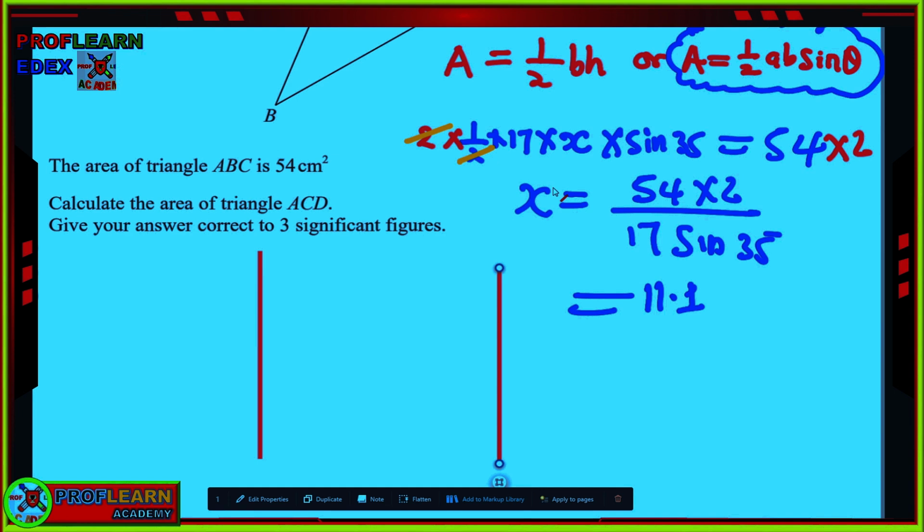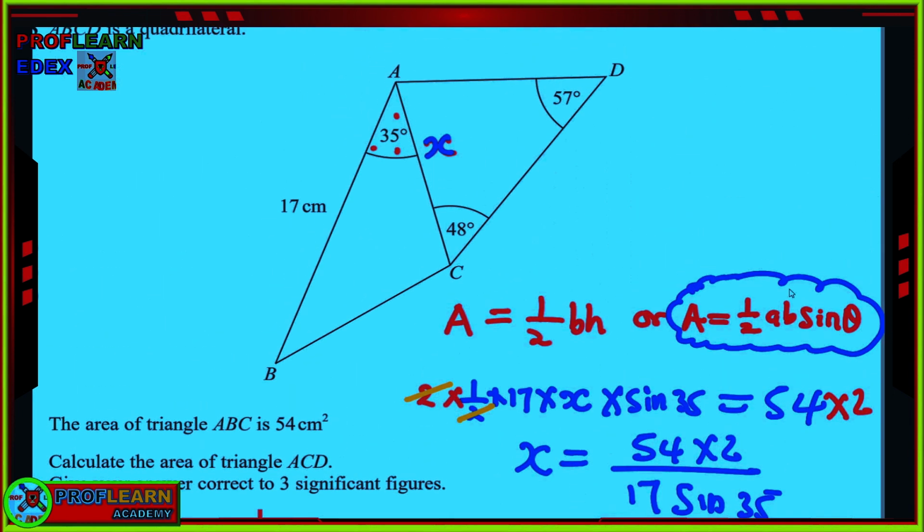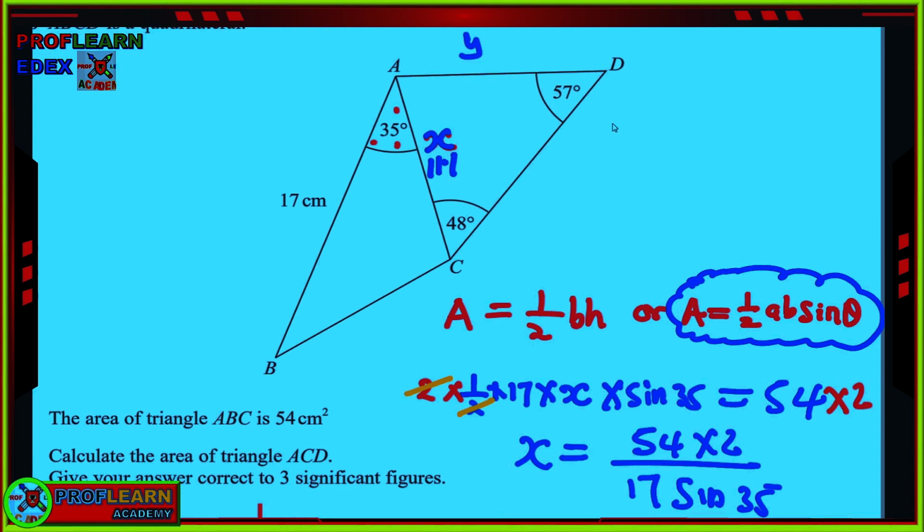Well, once we have gotten this dimension, actually I was trying to figure out what this x is. Let us now say here, this is 11.1. We need also to find what y is. Let's find this one here. We're using cosine rule at this point. Remember, if we are saying,